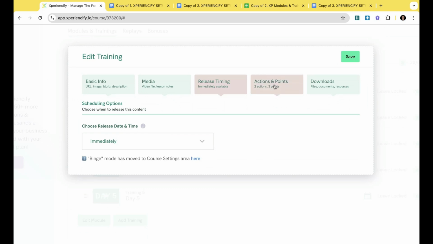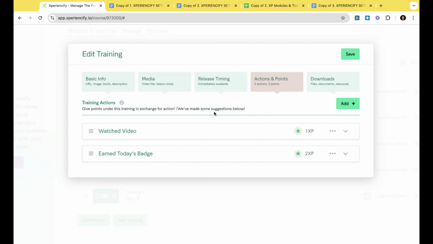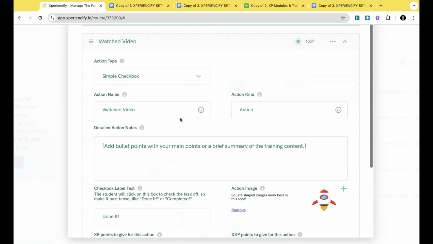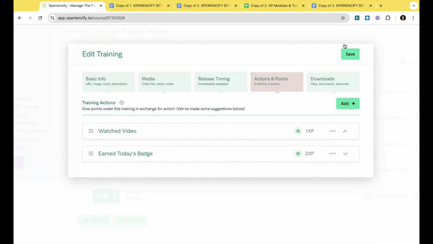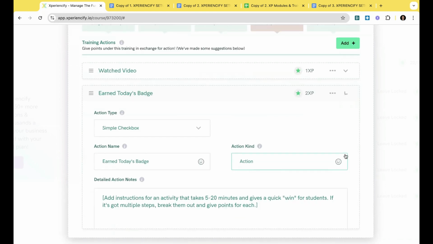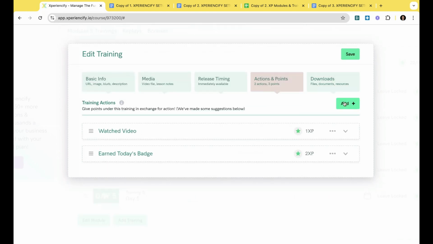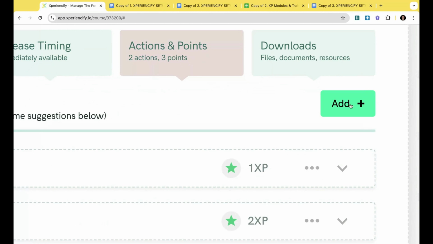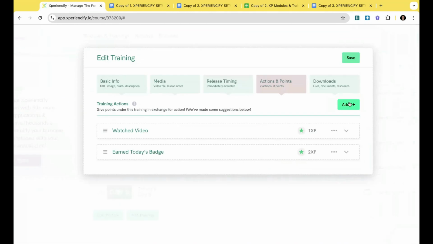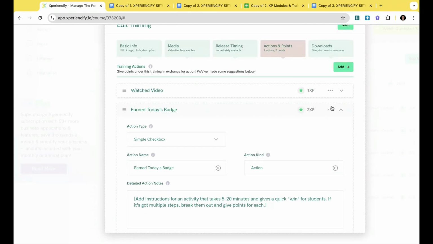The 4th thing that every training can do is that we need actions and points. And so this is where part of the experience, activating that dopamine center of the brain, is, and one of those key pieces here is, how do they earn points? So in this case, you'll see that we've already put 2 actions that you can use as examples, but you can always add more actions, or you can take them away. You can actually delete one if you'd like. You can discard it, right? You can delete it right here.